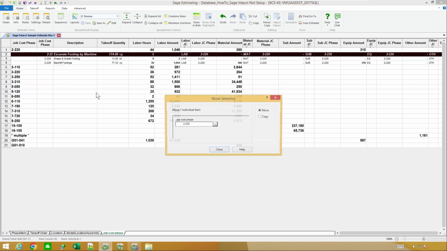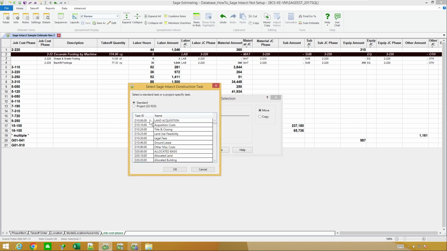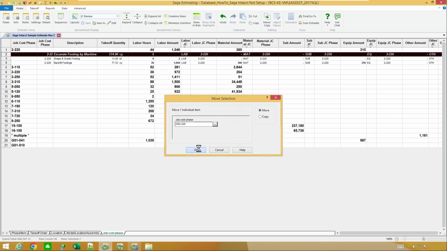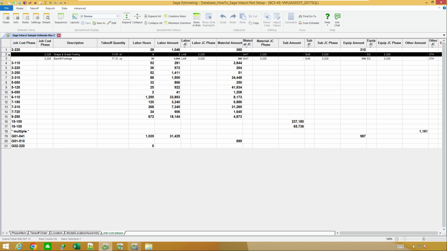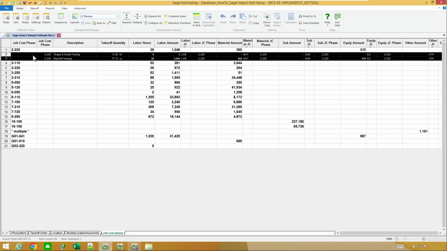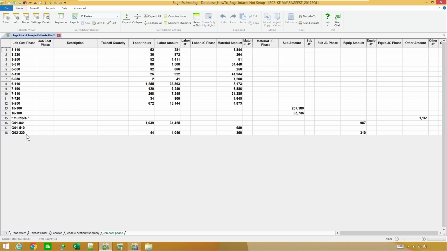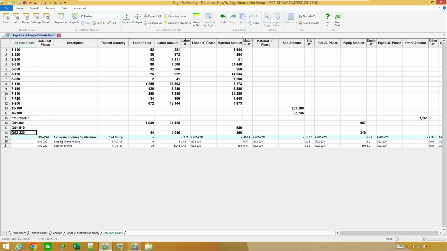So I'm going to say move copy. And let's say that this is going to be project, so I don't have as many to look at. And I'm going to say that has to do with excavation and backfill. So, okay. And basically there's my new heading down below. Now, I purposely didn't move all of them because this is where I'm going to also say maybe both of these items, and instead of using the move feature, you can also use drag and drop. So I can basically drag and drop those down below, and that basically is another way of coding things out.